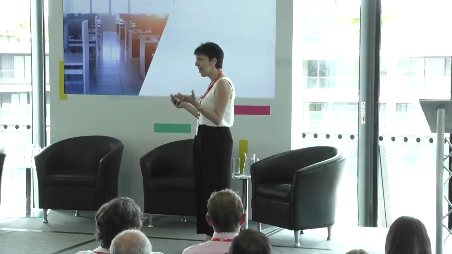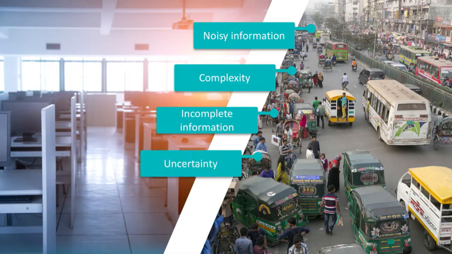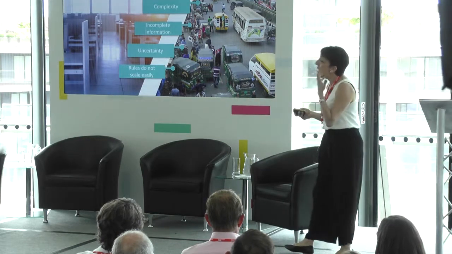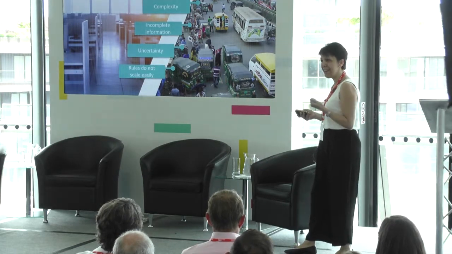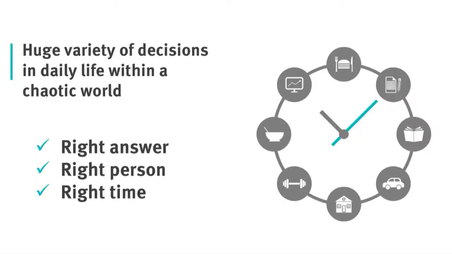These decisions are not made in a controlled environment. They are made in a very chaotic environment. The environments are complex, they have incomplete information, and they are unpredictable. And the data from which the machine has to learn are full of noise. So if we had a rational machine that could help people make the right decision at the right time, and select what is relevant for people from the noise,